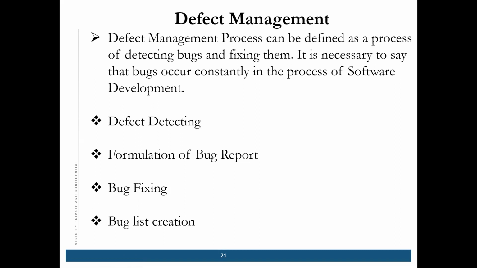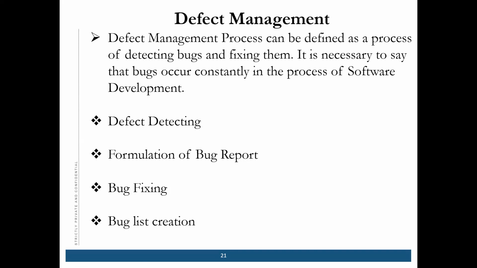Next step is formulation of your bug reports. This is all the information about the bug, where you document your bugs' information. Usually they contain the type of bug it is and the possible way of its correction, right? So you should document it. Okay. Next is bug fixing. After the bugs are fixed, they should be tested one more time to make sure that the software works properly.